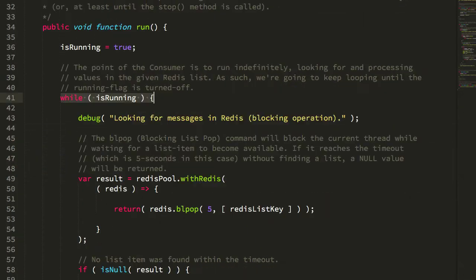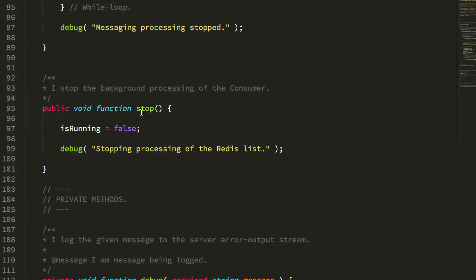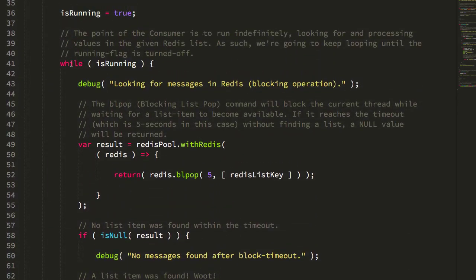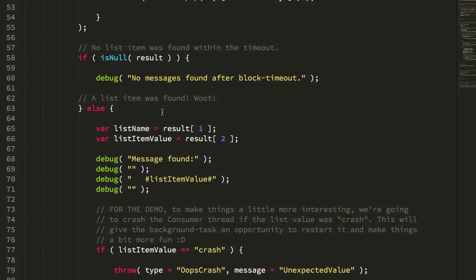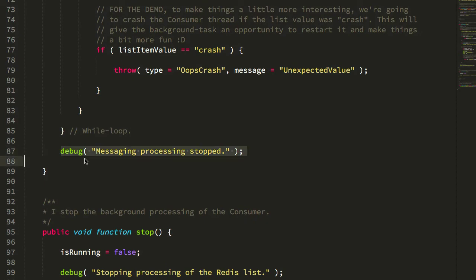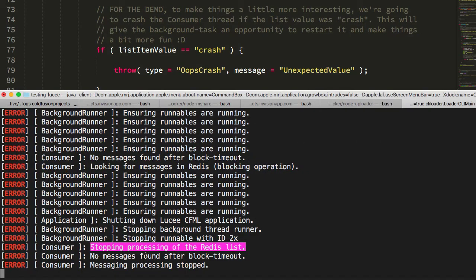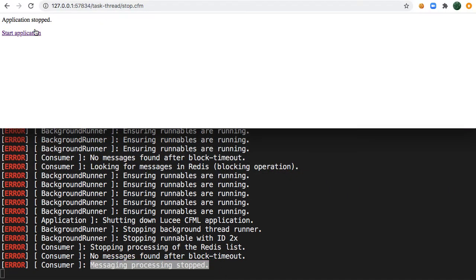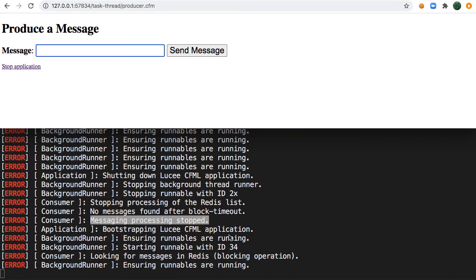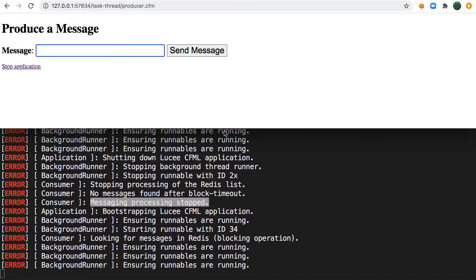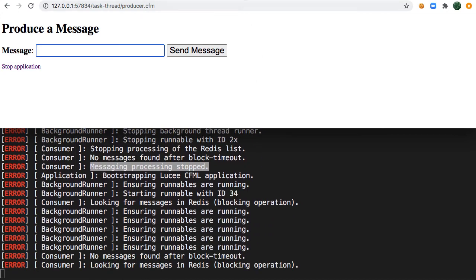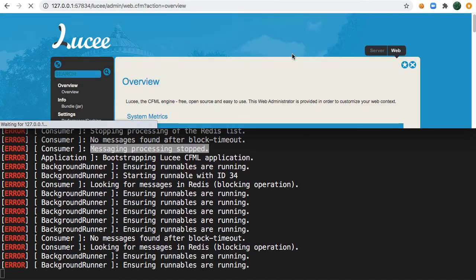And again, that was stop processing Redis list. All that did was set the isRunning to false, which allowed the while loop in our run method to finish, which then put this message, processing stopped, and you can see that right here. And because that stopped, essentially all of the application code is finished running. But now if we jump back in here and we start up our application, we can see bootstrapping the Lucee application. And actually, here's my CF,